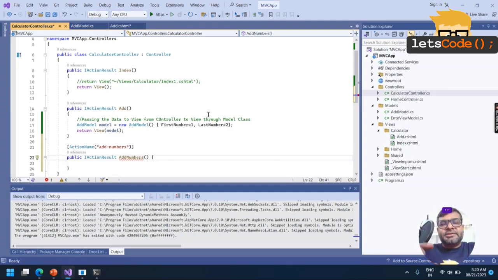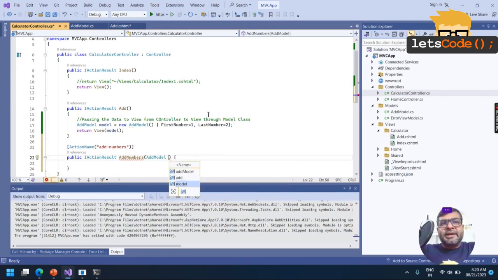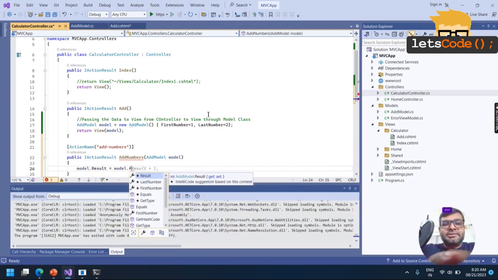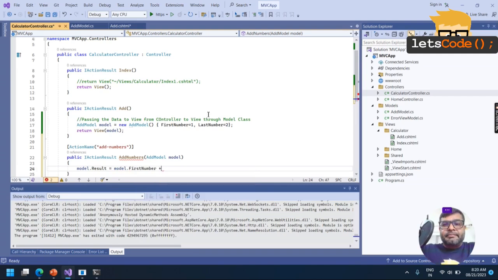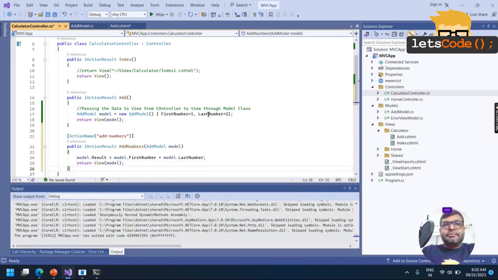And when the submit button is clicked, it brings the data in add model. What I need to do is model.Result equal to model.FirstNumber plus model.LastNumber, and return to the same view.